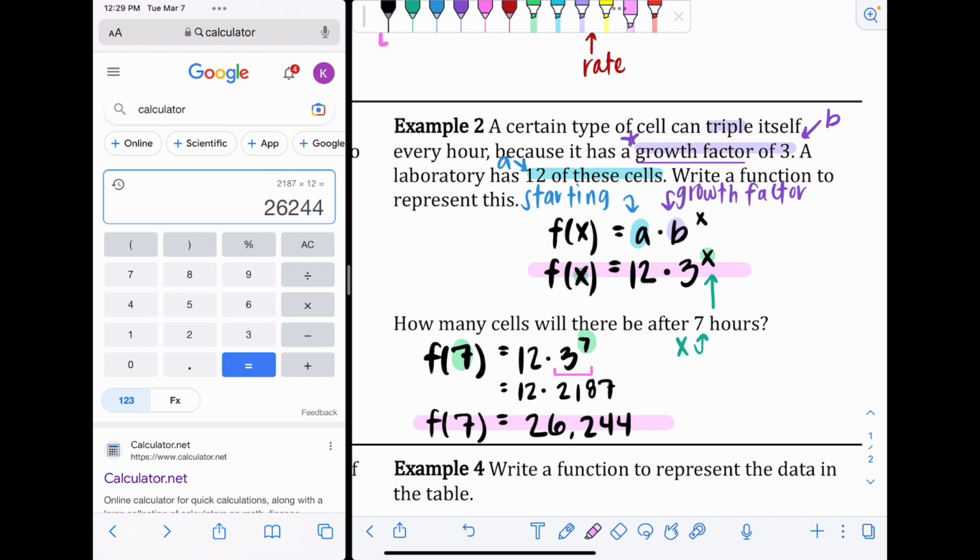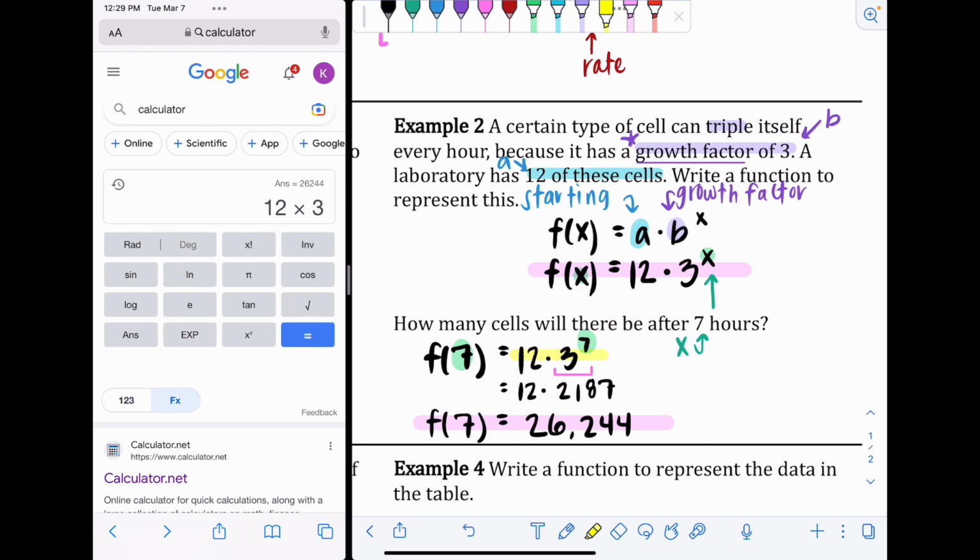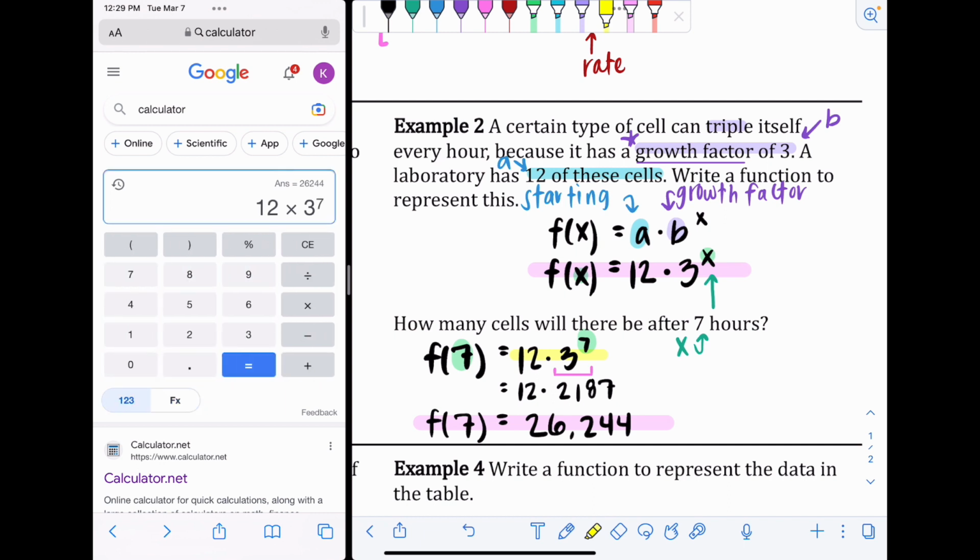So one thing I want to show you really quick is if you do use this calculator, you can technically type in this whole part of the problem all in one step and get the same answer. So I'm going to clear this and just show you really quick. So it'll be 12 times 3, and then I need to get my little exponent, so I'm going to go over and click to the X to the Y button, type in my 7, and then this calculator will follow